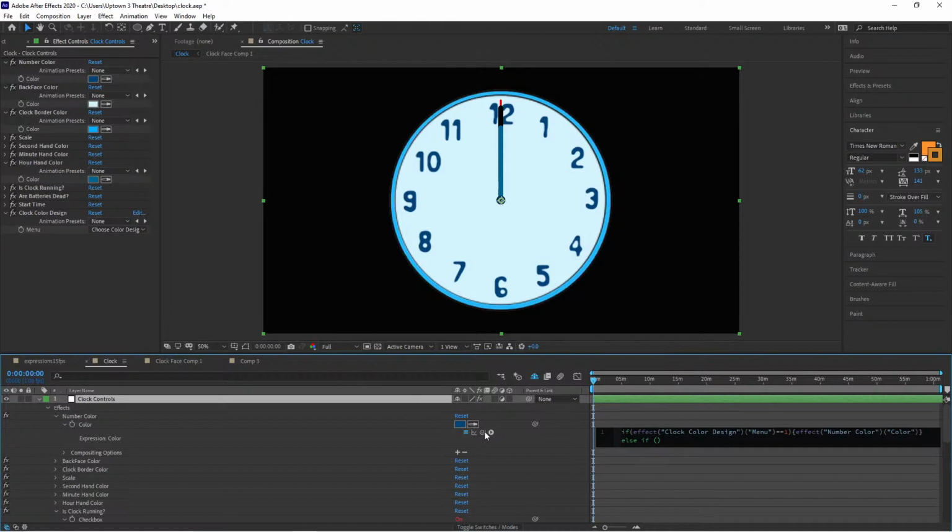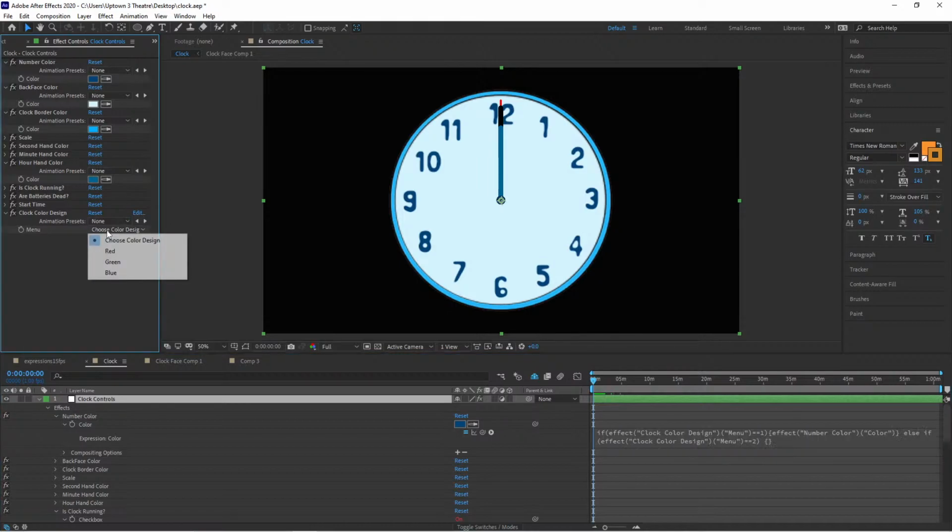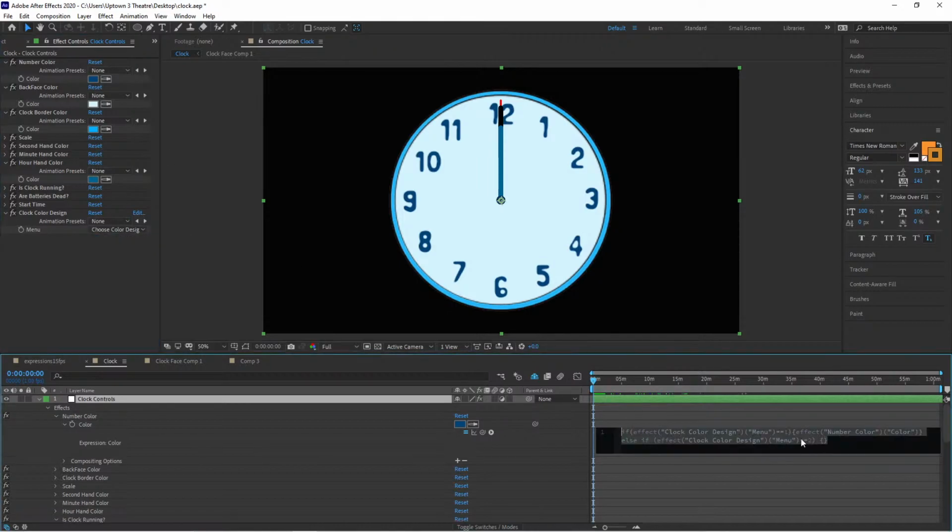that it's equal to 2, then what we'll do, 2 in this case is red, all right? We'll say that this color will be equal to,